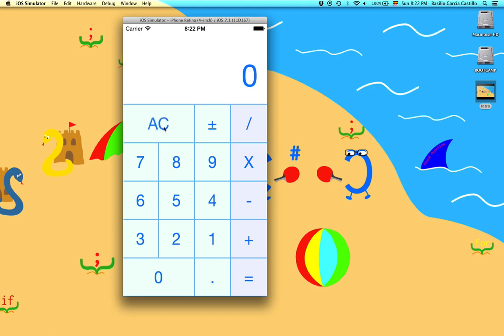Okay, finally let's check with some decimals. 8.7, we can set it to positive or negative, times 2, negative 2, and it gives us 17.4. Clear it. There we go. Our calculator works perfectly. So congratulations.